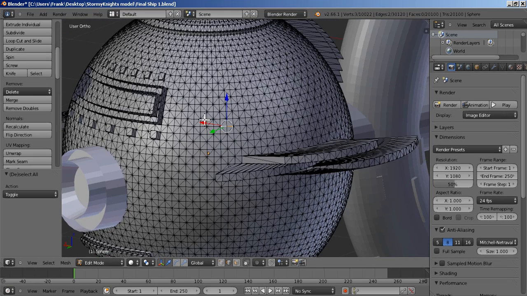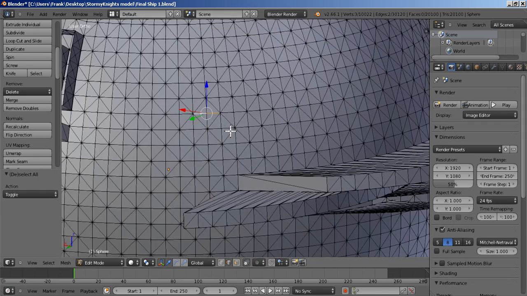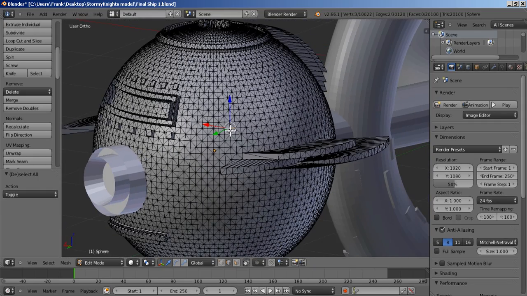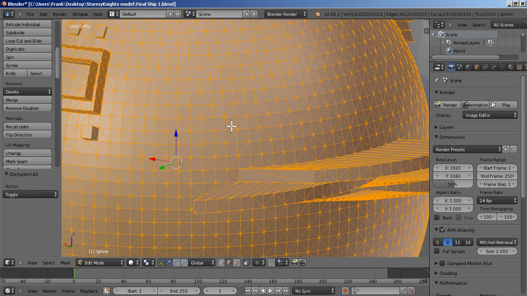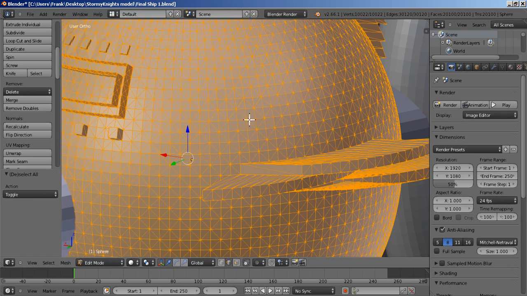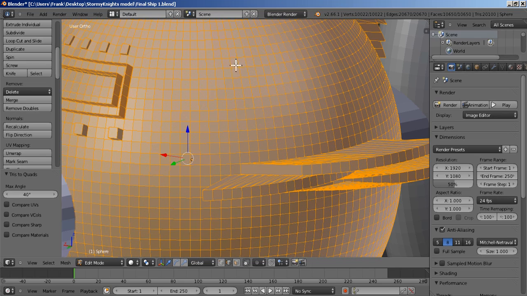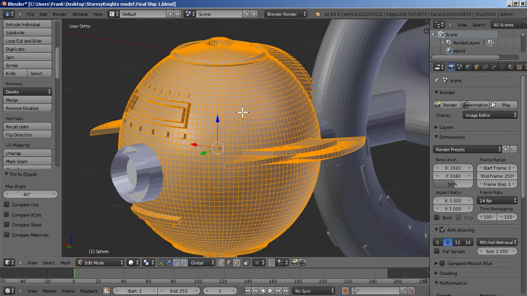I'm assuming it's because of all the triangles, but I don't know for sure. I mean, it could be that there's extra vertices or extra faces somewhere, but I'm not really sure. So I'm going to convert all of these triangles into quads. I'll select everything in the object and press Control J, and you'll see all the triangles